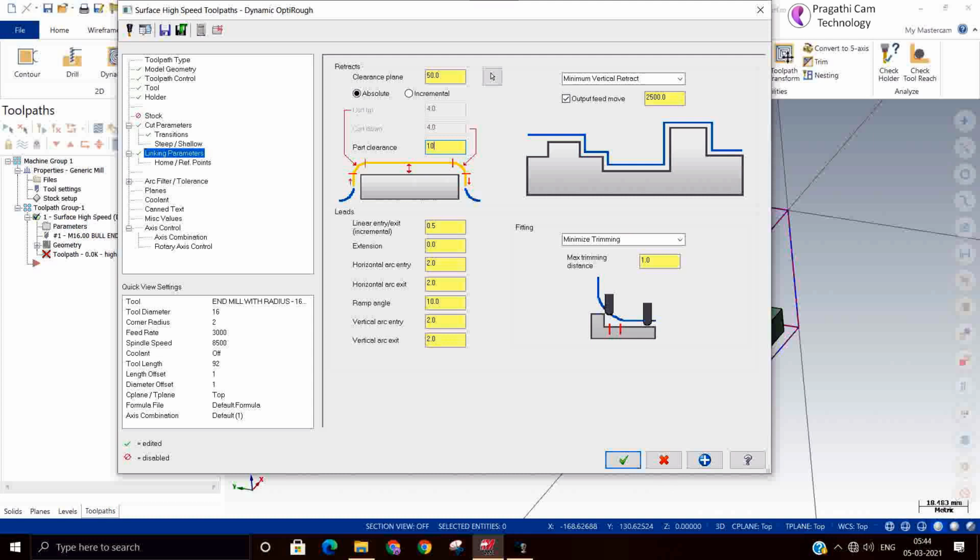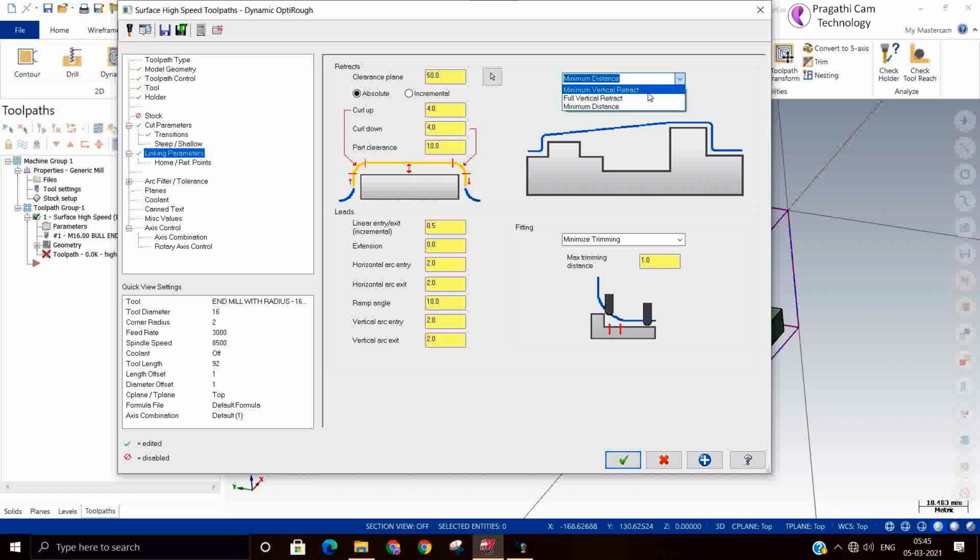You can give incremental or absolute; absolute is better. Here the three methods are full vertical, minimum vertical and retract. These are the three options.